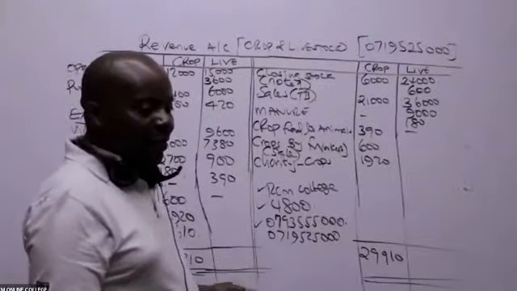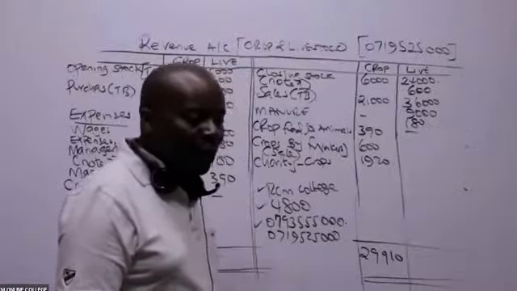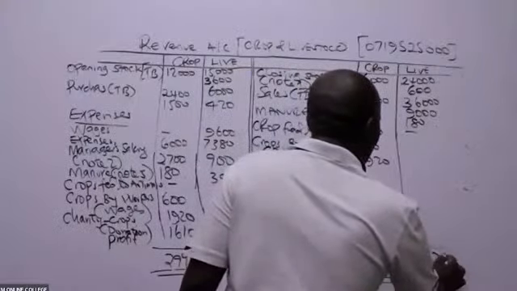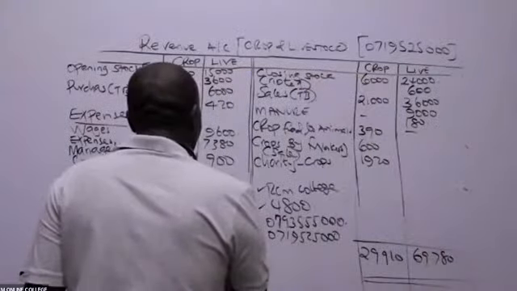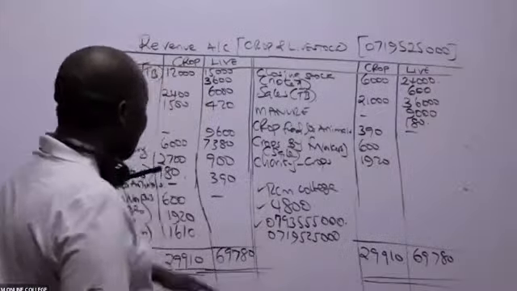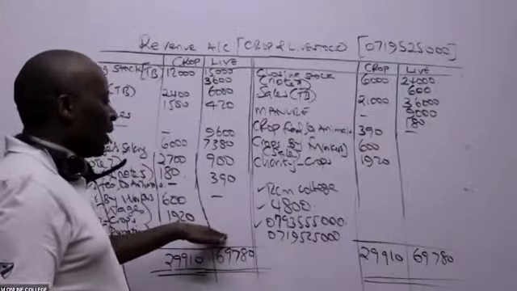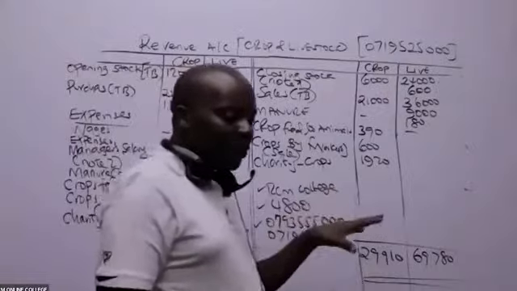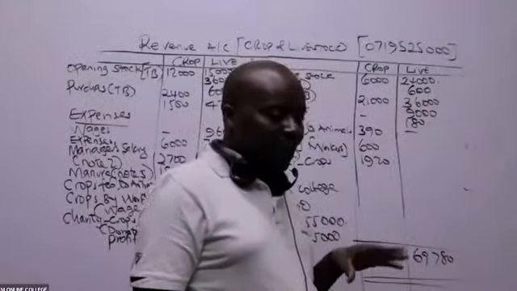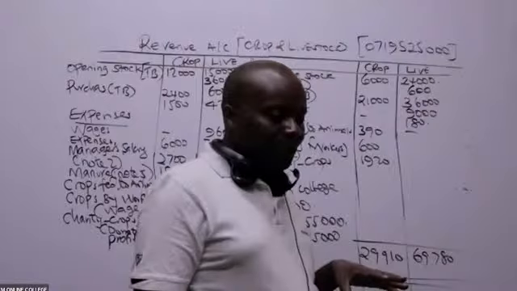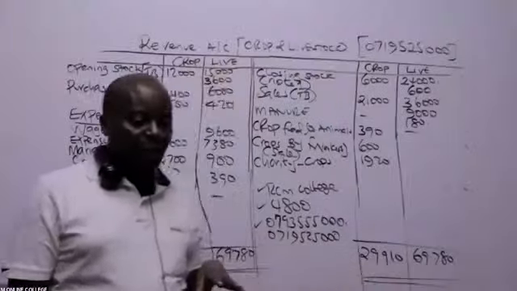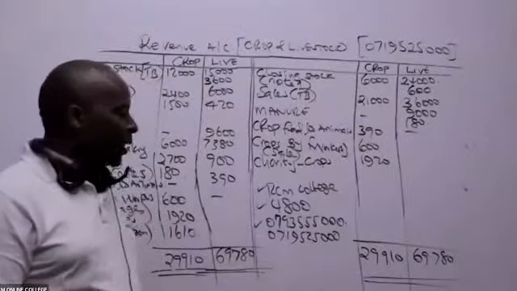All right. So somebody has already told me, Margaret, livestock is 69,780. Livestock is 69,780. So do we have in this case here a profit or a loss? So if the balancing figure is here, then this will be a profit. If the balancing figure is on the other side, then that will be a loss. So let me see whether students will be able to give me this figure nicely.